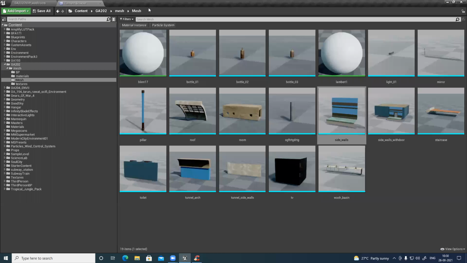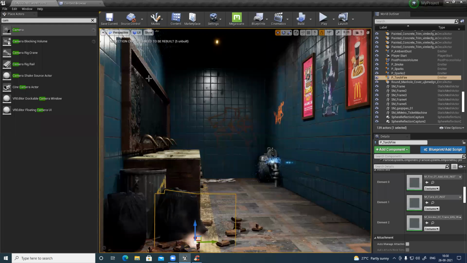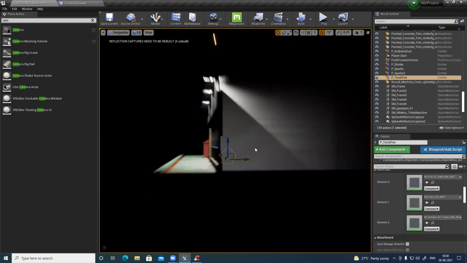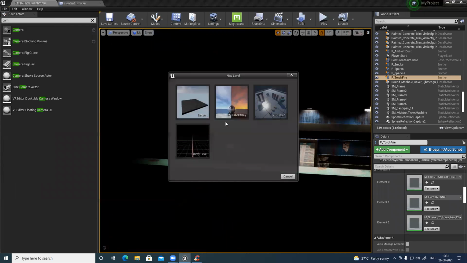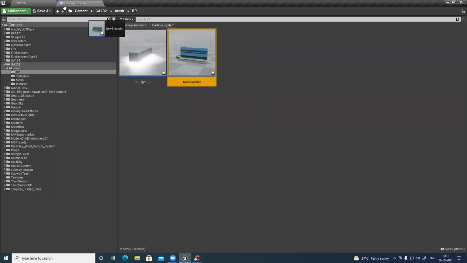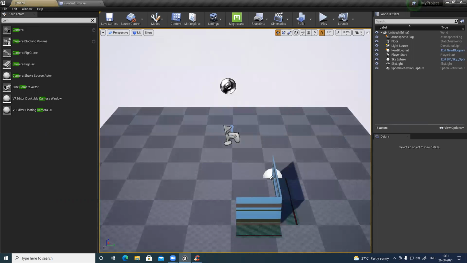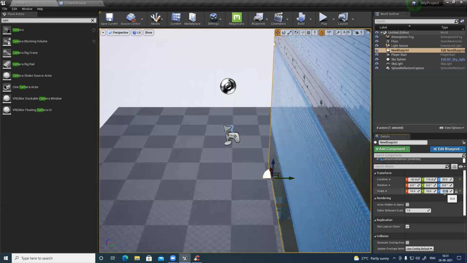You're ready. Now, if you go to your BP, you see this one is here. Now, if I place this thing, let's see. Okay, I'll just save this and open a new level, empty level. And this blueprint, I want to place it here. You can see, I can control the entire thing with the help of this.